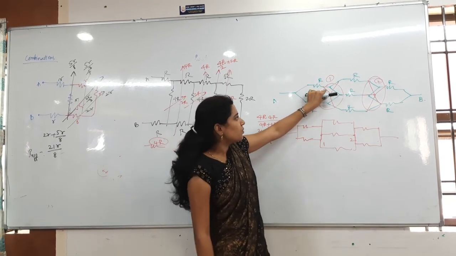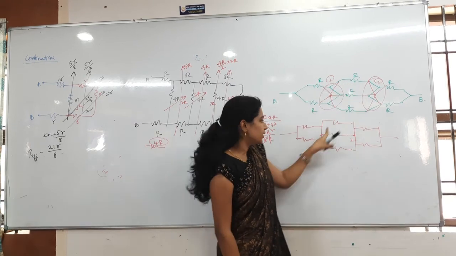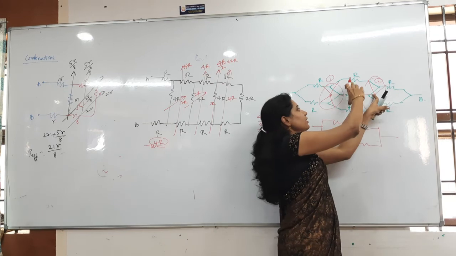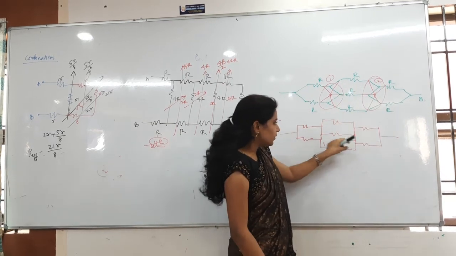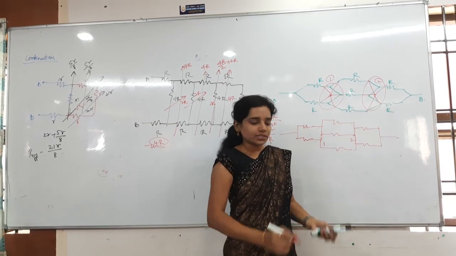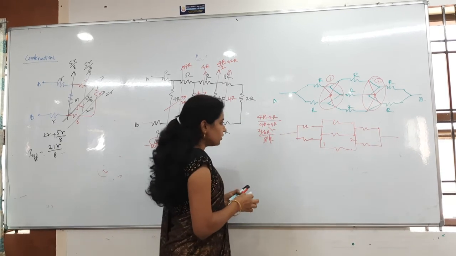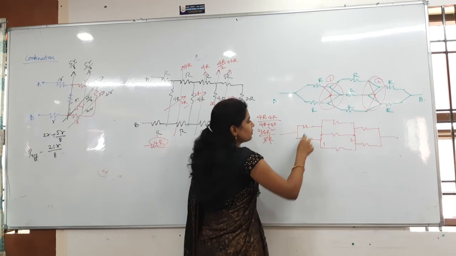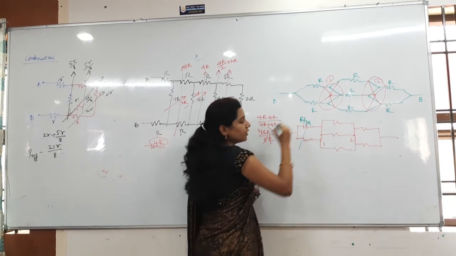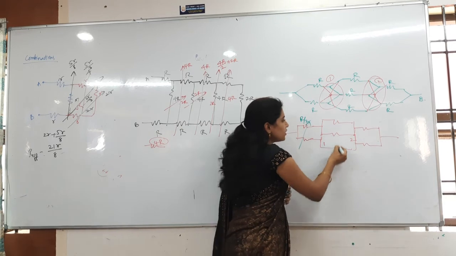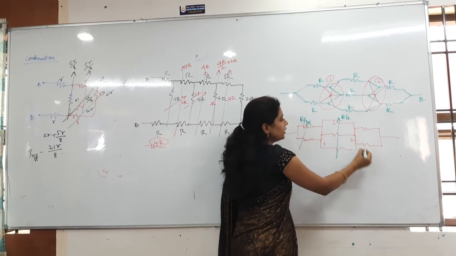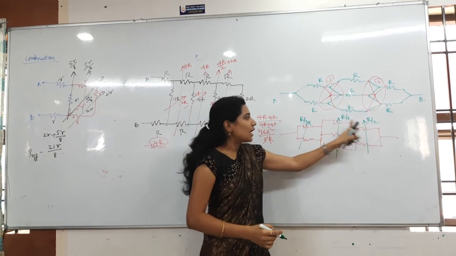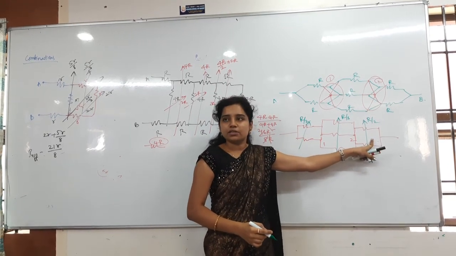Yes, see that at this point 2 are connected and 3 are connected. At this point 2 and 3 finish. At the second point again 3 are connected and 2 are connected here, and 3 finish and 2 finish. Then what can I do? These two are in which combination? Parallel combination. So how much will you get here? R by 2. These are also in parallel, how much will you get? R by 3. These two are also parallel, R by 2. R by 2 in series combination, how much will that be?